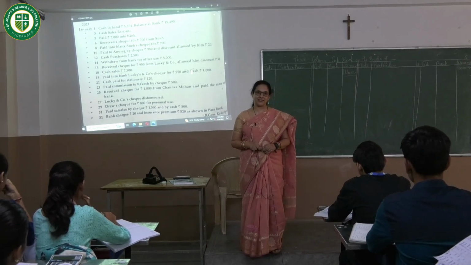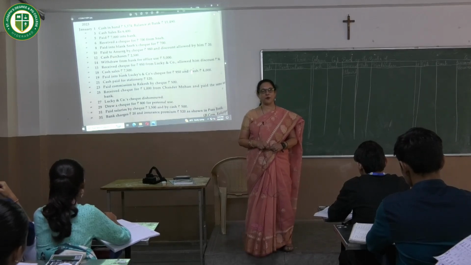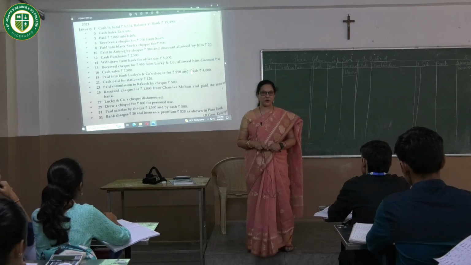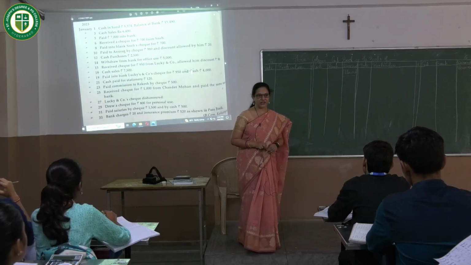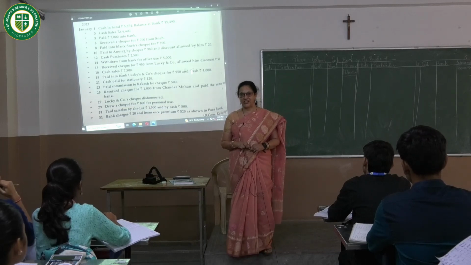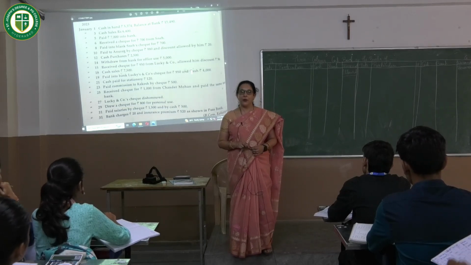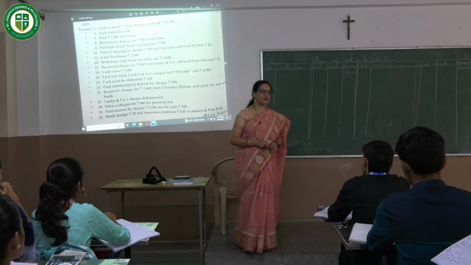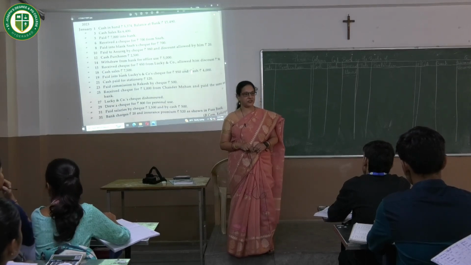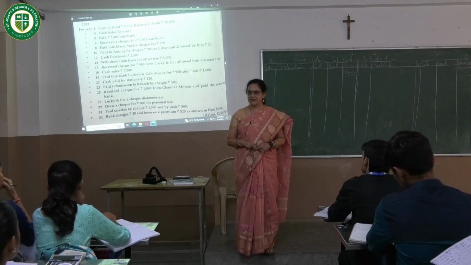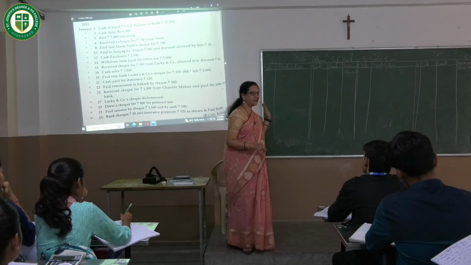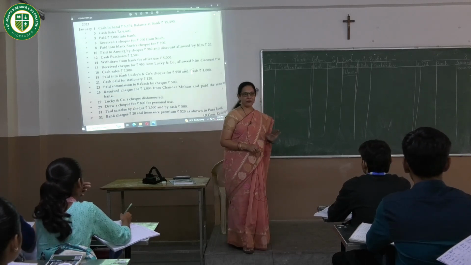Today I have selected this very important topic from the BCom first year syllabus, which is the triple column cash book. It is also known as the 3-column cash book, and it records all the cash transactions of the business as well as the transactions of the bank. Because we know the cash book is a very important subsidiary book which is prepared by all businesses, wherein they record their cash transactions, basically the receipts of cash and the payments of cash.